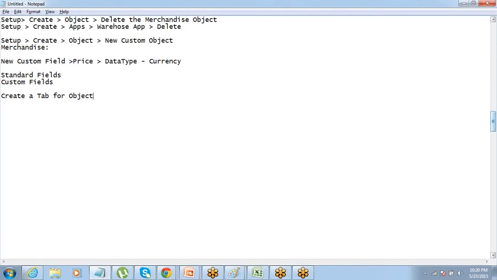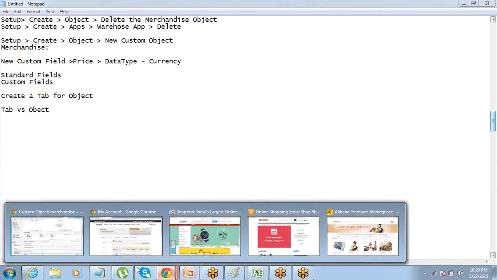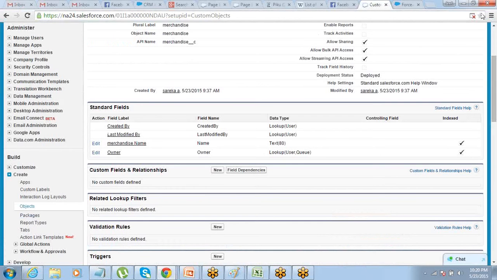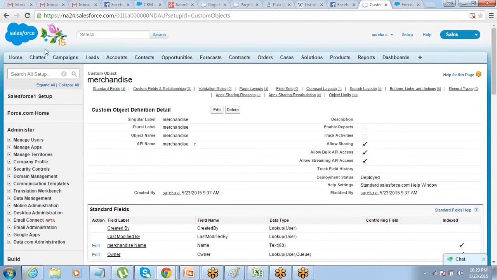Okay, what is the difference between a tab and an object? In our session we have seen that there are so many tabs also available here, no? These are all tabs, right? This is a tab, this is a tab, this is a tab, this is a tab.